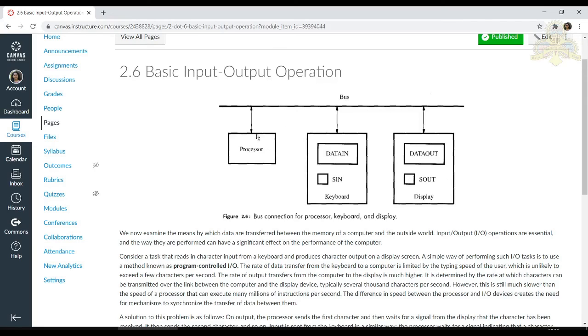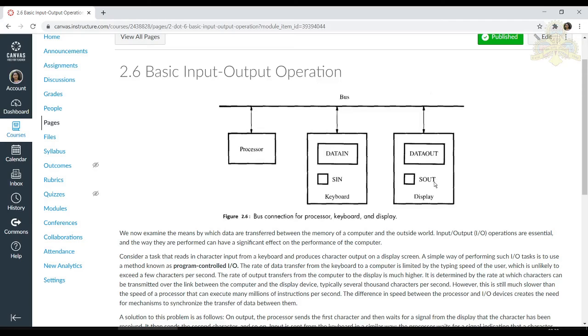So your processor sends that character over a bus to this data-out. Once the character is present in the data-out, this SOUT would automatically become 0. This means this particular character which is in the data-out would now be displayed to the user.